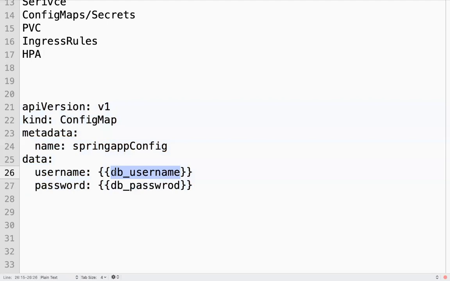Just to give an example, this I can call a template, and I can define those values in a separate file. We have one values.yml. Here I can define something like this. I can pass the default values.